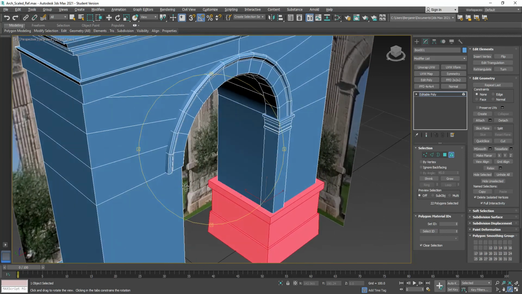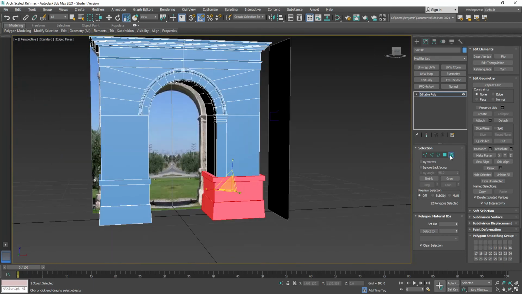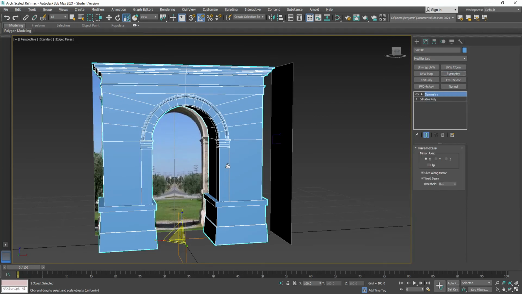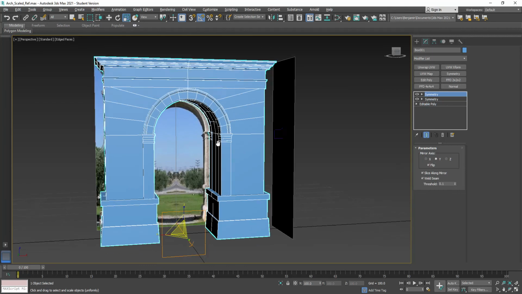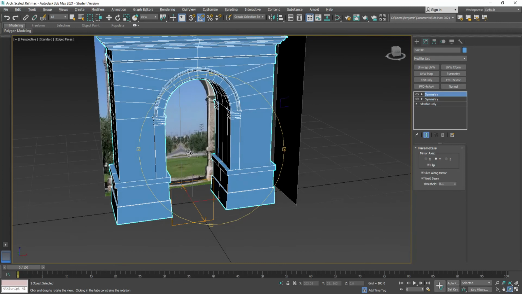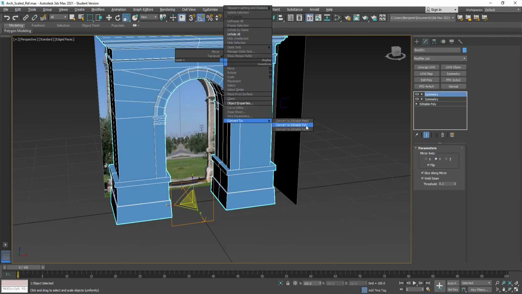That's looking good. All right, and then to get it onto the other sides, I'm going to come up here to modify. I'm going to use my symmetry to go positive X to negative X. I'm going to do symmetry one more time and change the axis to Y and just flip it. Let's see how we're using symmetry to get those shapes in there. So right click, convert to edit poly,